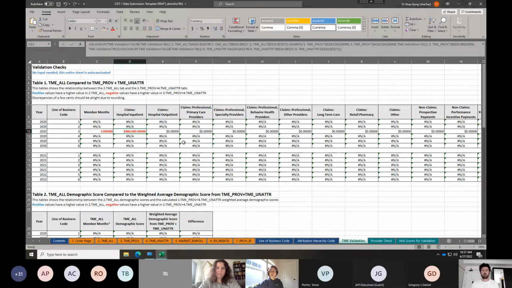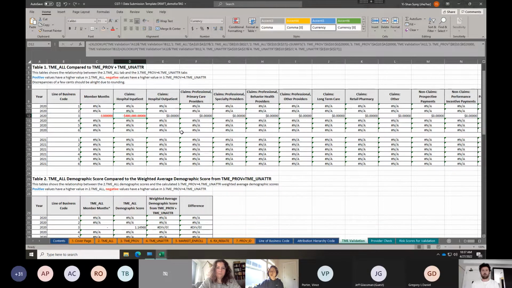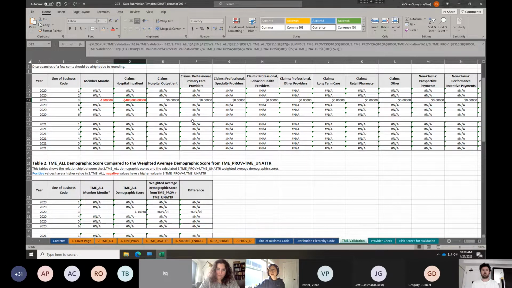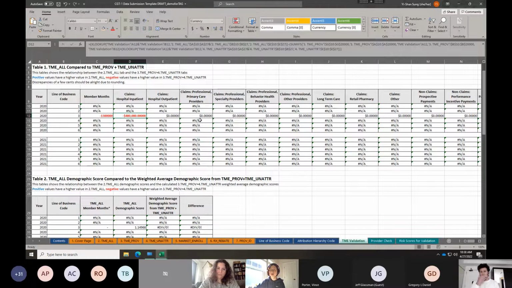This just gives you the idea of how the dollars and member months differ between the TME All and the TME Prof plus TME unattributed tab. You can use this tab to do some validation check before you send out the file to us. Any questions for this table?